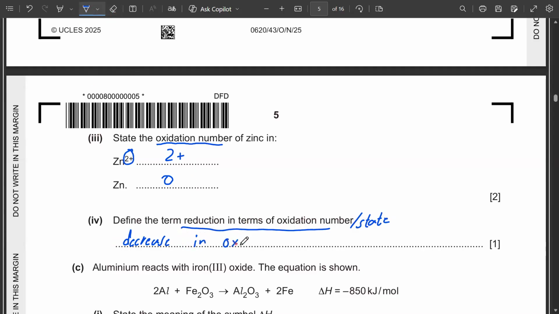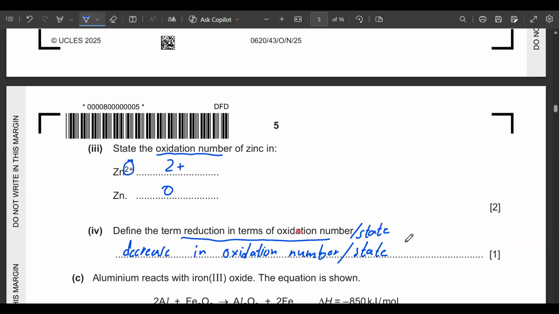Decrease in oxidation number or state. Both will give you the same answer. That is representing the reduction. And then